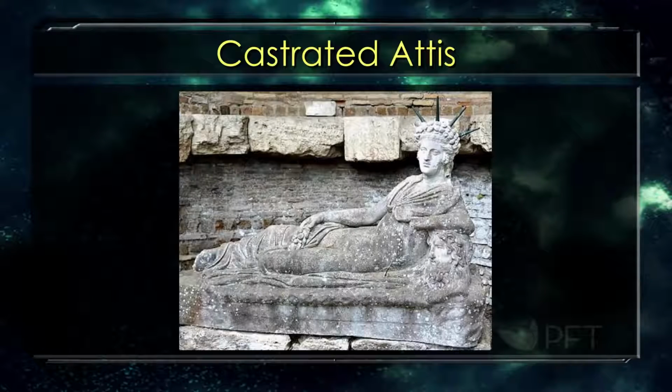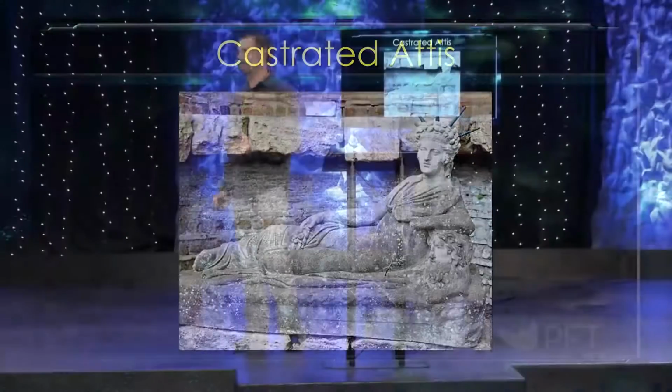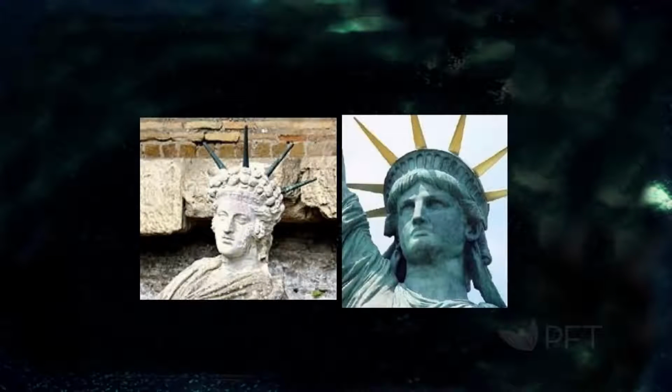This is Attis. Now, Attis is somebody you need to understand, because Attis was the priest or the main servant of Cybele, or Ishtar, the wife of Baal, the sun god. And he, in their craziness, let's just leave it at that, wink wink, of what went on in those times, castrated himself, then would cross-dress as a woman and wear this hat. This is a close-up of the castrated Attis on the left and Lady Liberty on the right.